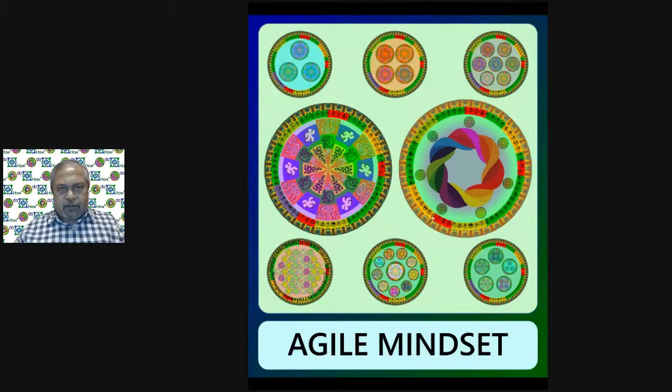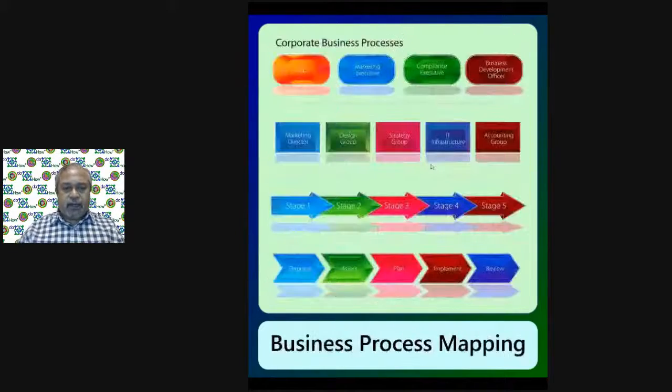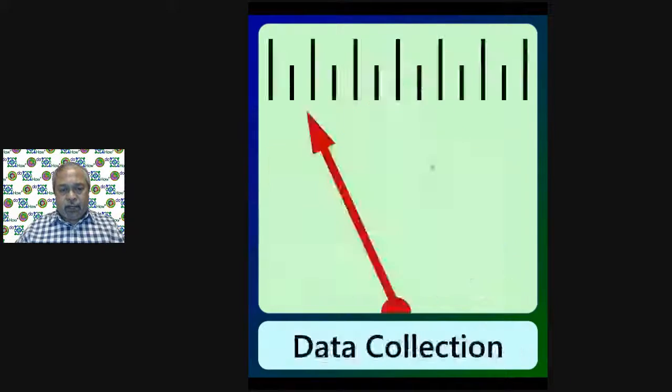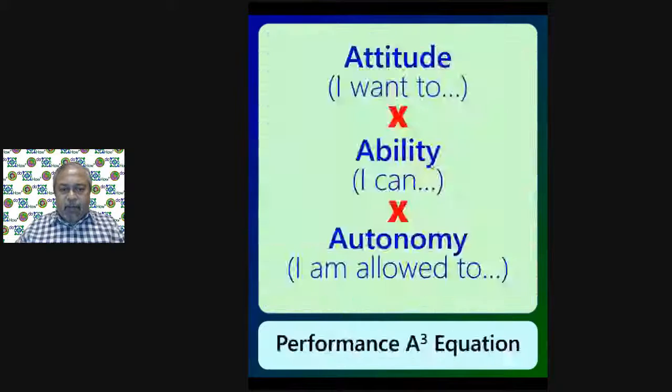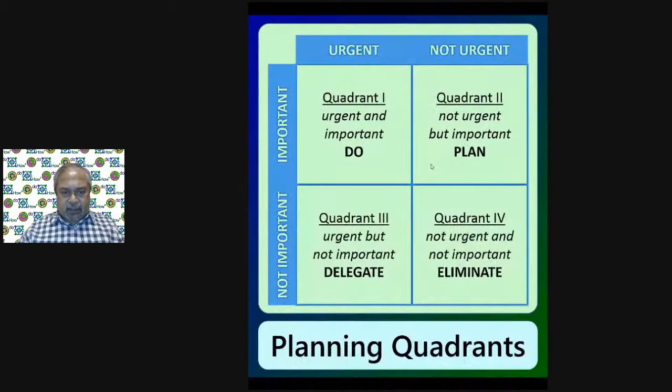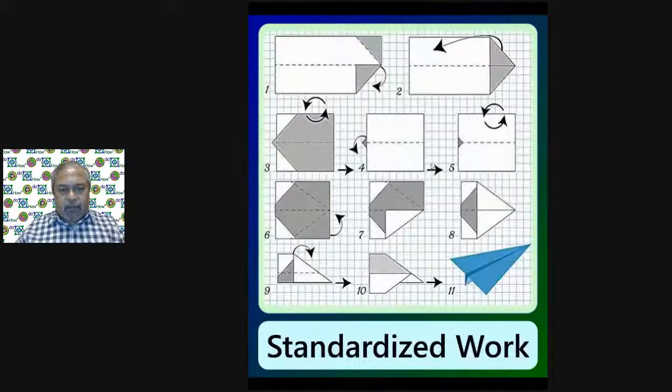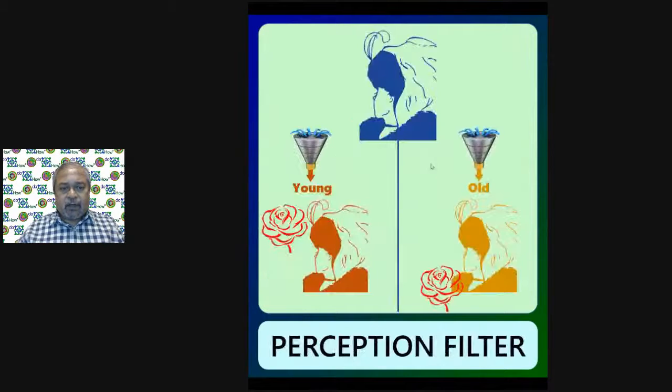Here on the left side is the individual mindset and on the right side is the culture. Mindset is based on experiences that we acquire, and that's what I had spoken about some time back. You can have a look at that video if you want to know more about mindset. Mindset is directly driven by our memories, especially emotional memories and emotional experiences. Based on that, we behave in a certain way and perceive in a certain way, and with that we develop a filter, and this filter is what creates the perception filter you see on this slide. This is a very age-old optical illusion.